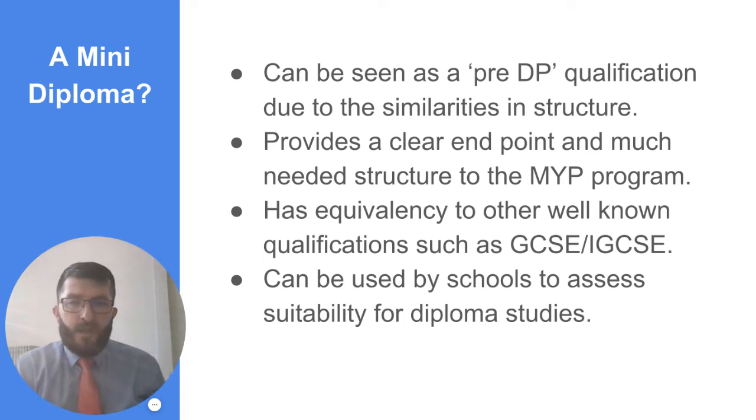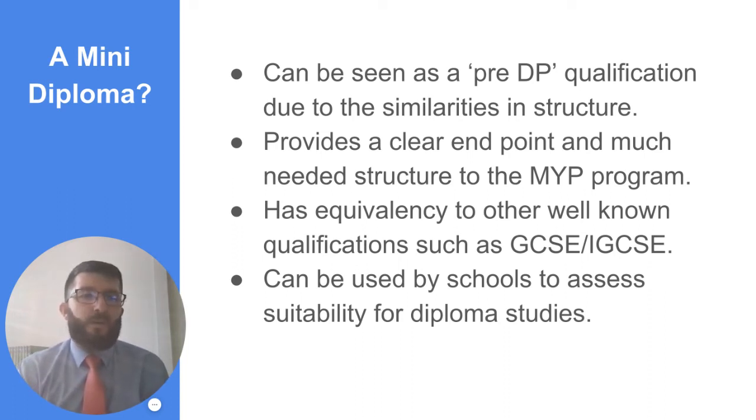I think more than the preparation for the DP, though, it provides a clear endpoint and, I think, much needed structure to the MYP program. For the students, year MYP 5, or year 11 in the British system, grade 10, I feel it can fall a bit flat unless there's really that final point, that marker, that point of success that we can reference. And so I see it as a great way to